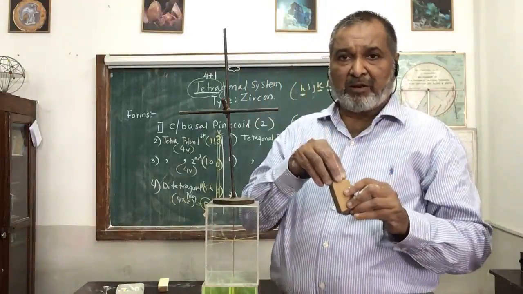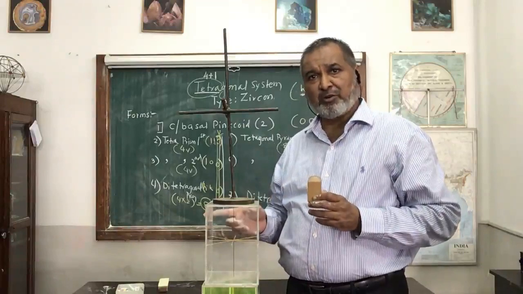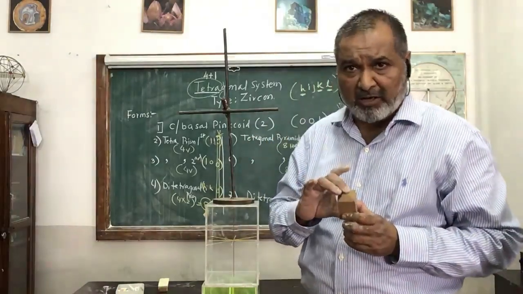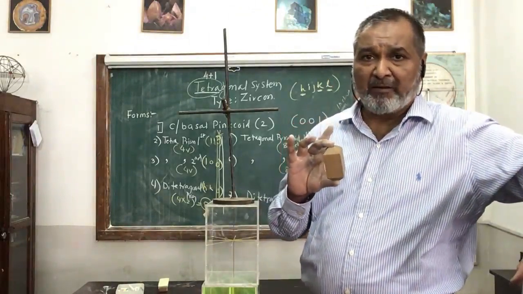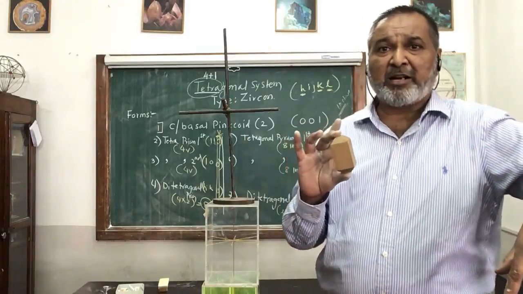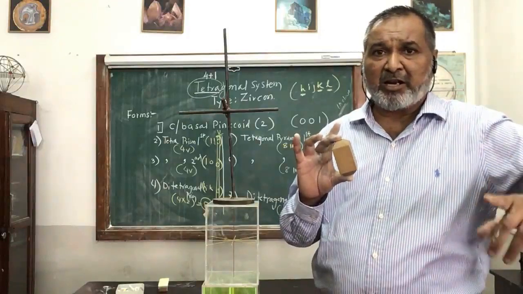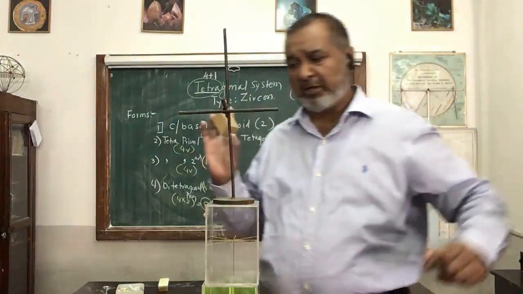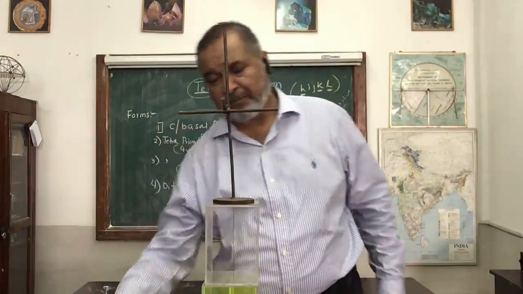That will be the pyramid 1 1 1. So here, tetragonal pyramid first order as well as tetragonal prism first order. When you write, from the smaller one: basal pinacoid 0 0 1 or C pinacoid 0 0 1. Then the next one, tetragonal prism first order 1 1 0. Then we write tetragonal pyramid first order 1 1 1. Clear? So three forms will be there in this particular model number.